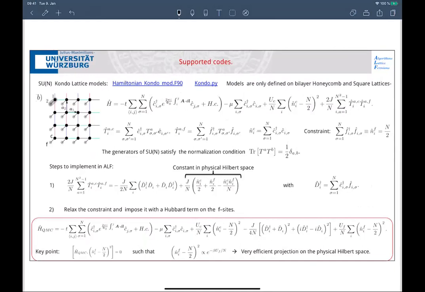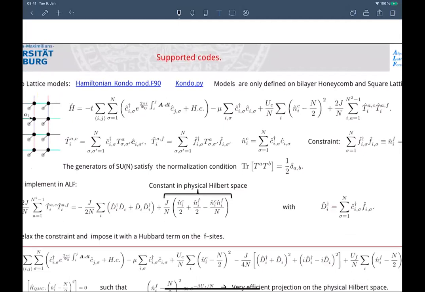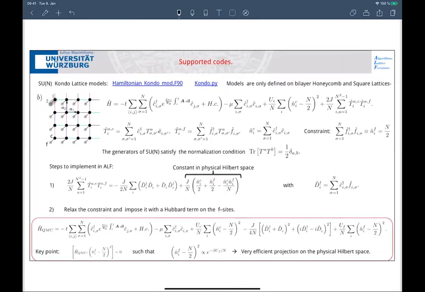So these Kondo Hamiltonians are only defined, of course, on a bilayer system, because I need an F and then conduction electrons. So I need magnetic impurities. They're defined like this. I have again my hopping here with all the magnetic fields, etc. A chemical potential. Now the chemical potential is only on the conduction electrons, and you'll see why afterwards. Then you can put in a Hubbard interaction on the conduction orbitals. These are these points here. There is no hopping on the F, so I call the two the F orbitals and the C orbitals.